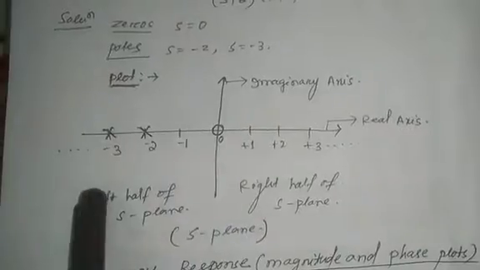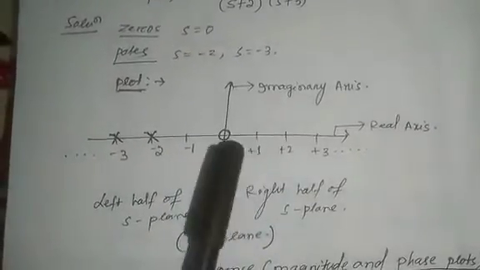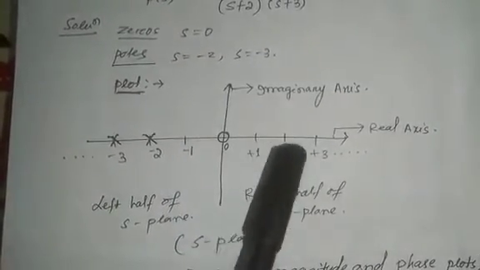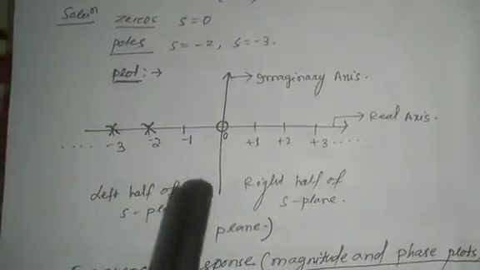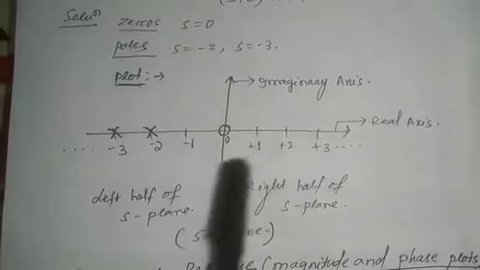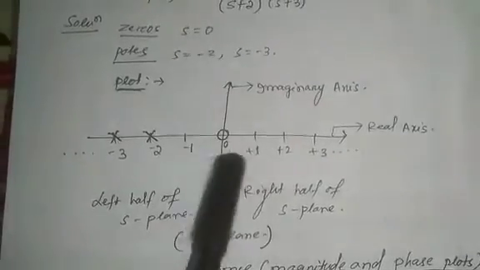That is called the imaginary axis or j omega axis. That is the left half of this plane, right half of this plane. You take +1, +2, +3 in your scale, and here -1, -2, -3 in this scale. Where a zero is present, you just mark a bubble mark. At s equal to 0, a zero is present, that's why one bubble mark.